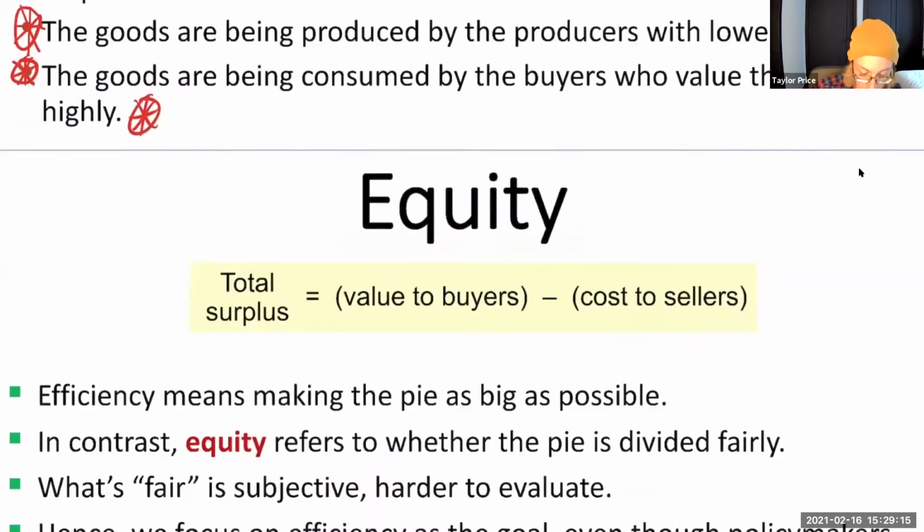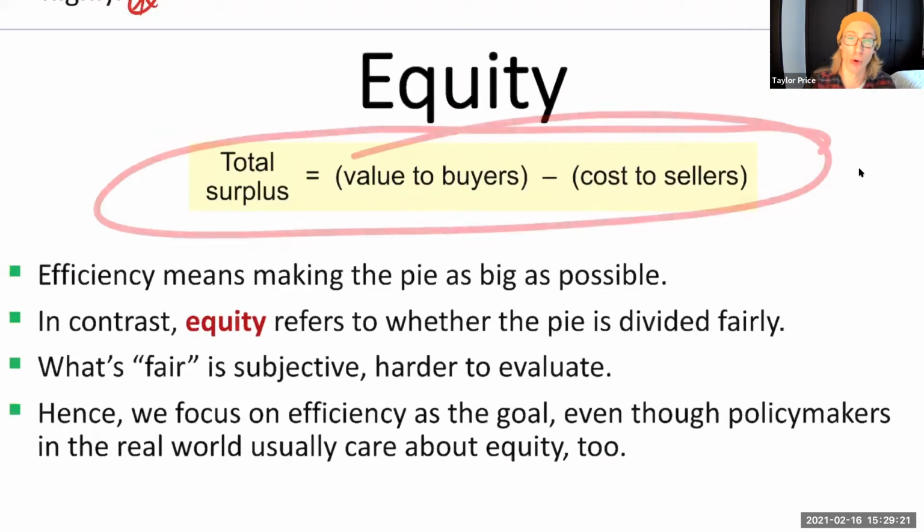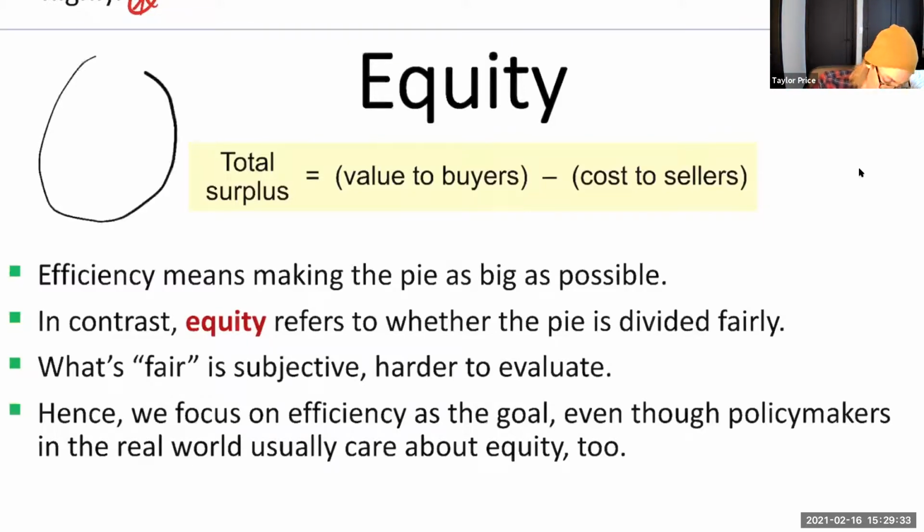Whereas equity is an entirely different question. It still has this same kind of general big meta understanding, but equity is understanding how that surplus gets distributed. And I'm sure you've all probably seen the pie chart of how wealth is distributed in the United States,